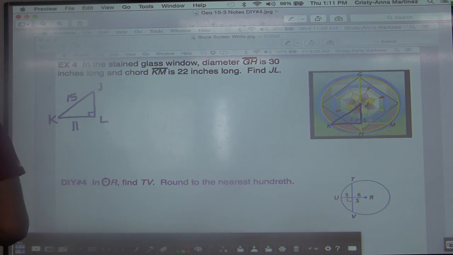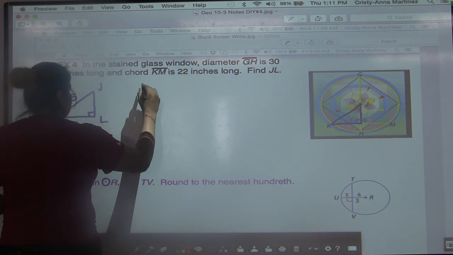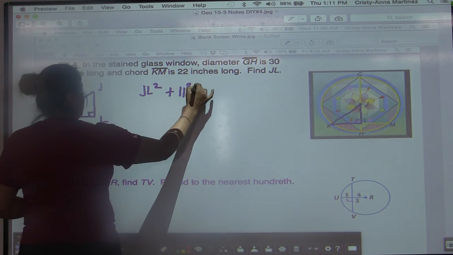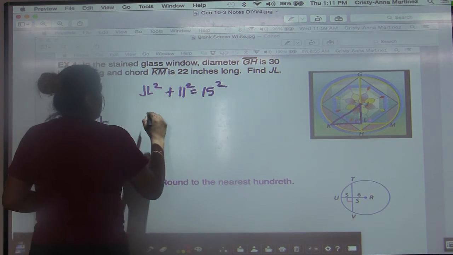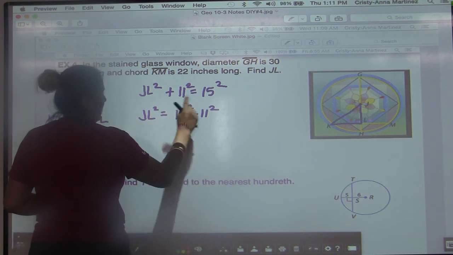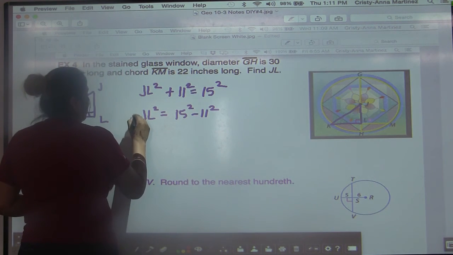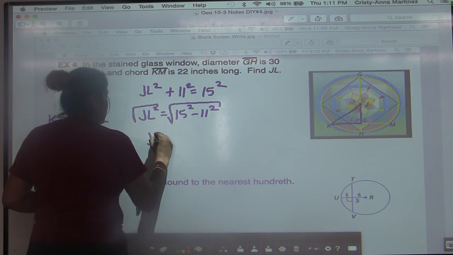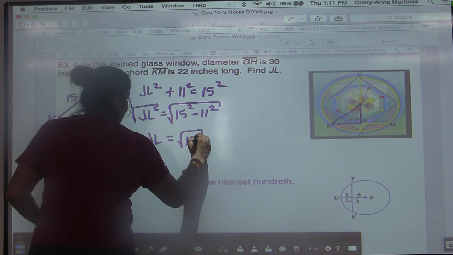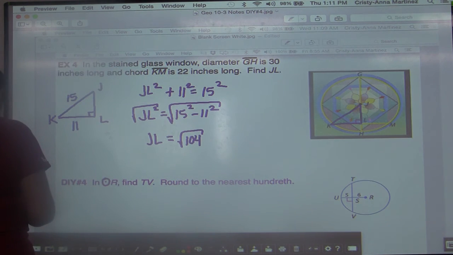So we're going to go ahead and do that, and so you're going to get JL squared, that's the first leg, plus 11 squared is going to equal 15 squared. So JL squared will equal 15 squared minus 11 squared, so we're going to take the 11 squared to the other side. To get rid of the square, we're going to square root. So JL is equal to the square root of 15 squared minus 11 squared, which just so happens to be 104. So the exact answer is the square root of 104, but they are going to allow us to